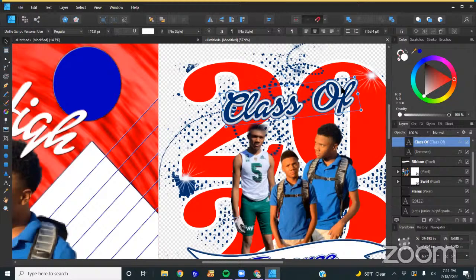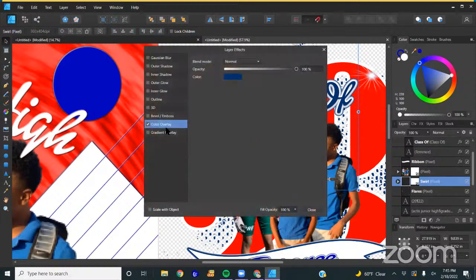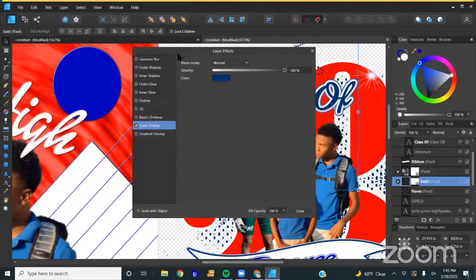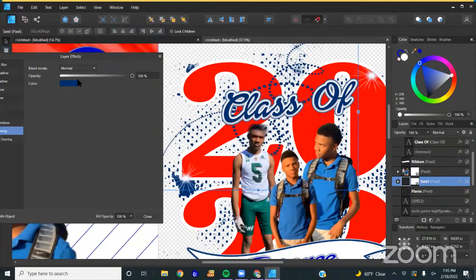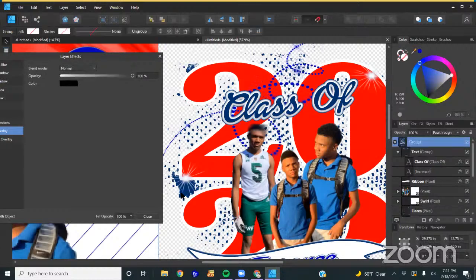So, whoops. Grab these little swirlies back here. These have an overlay, and I know that because it's right there. It's a pixel layer, so it's not like a vector. I can't just change it like I did the other one. So I'm going to go grab the blue here, change that, grab this little, I'm trying to grab this little blue piece back here.